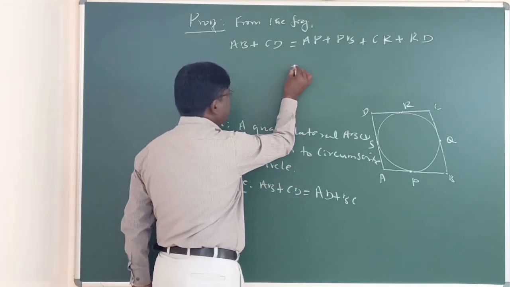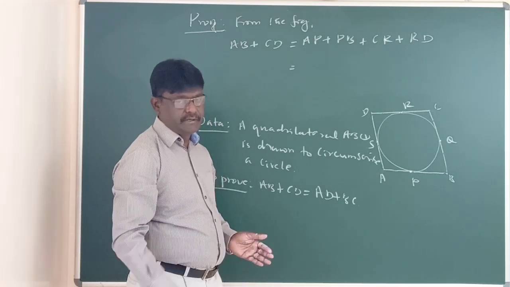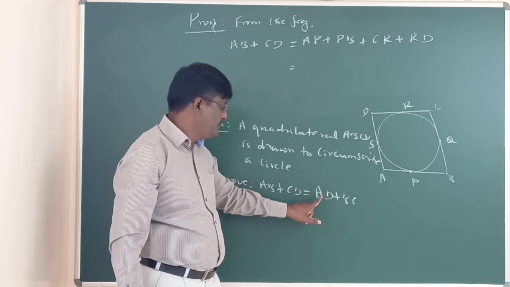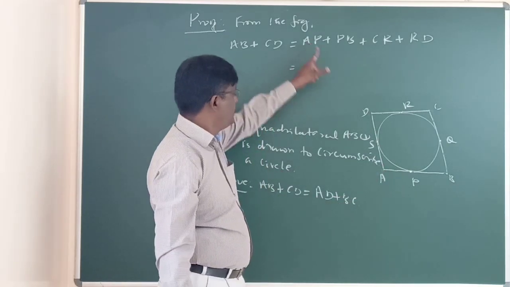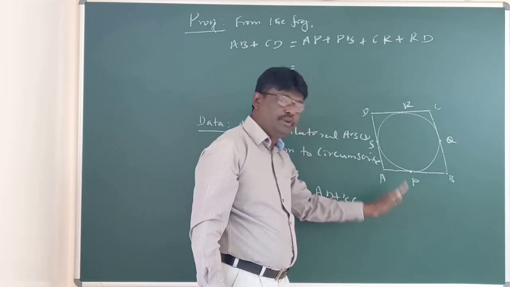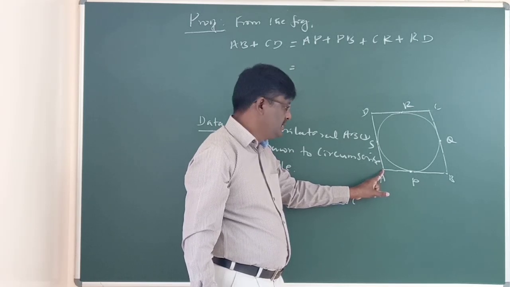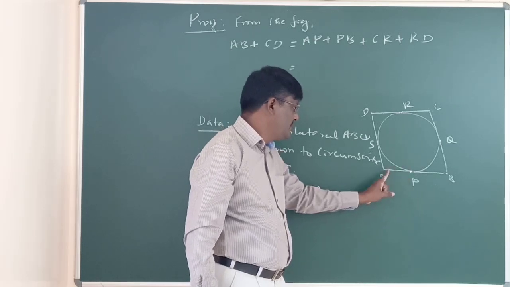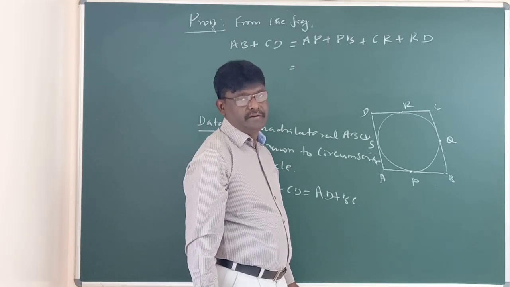Next. Again, in each and every step in case of proving riders, let us observe the right side. Right side we want AD. What about here? AP we have. AP is a part of AB. We don't want that. Now look, A is an external point. From here, two tangents are drawn. Which are those? AP and AS. Already we have proved the theorem regarding the lengths of tangents.